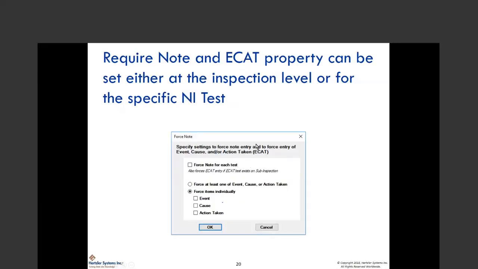Next is how you can require notes to be completed by the operator when they pop up. It allows you to force that they type something into the open note field, or down here they can require any or all of these, or if they click this button, they will be required to enter at least one, but it could be any one. That completes